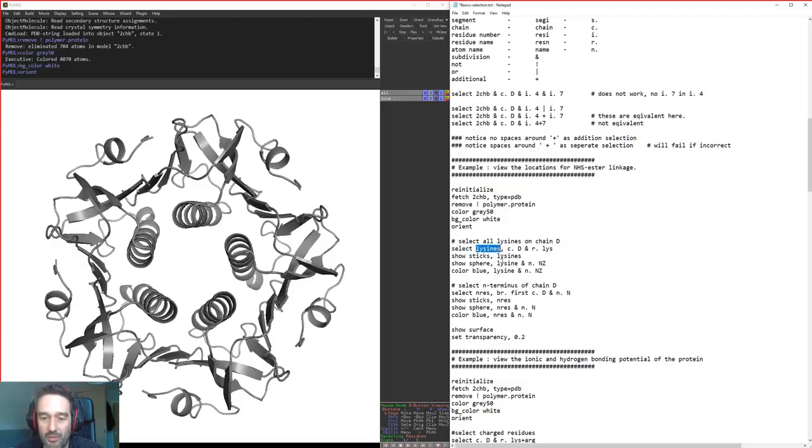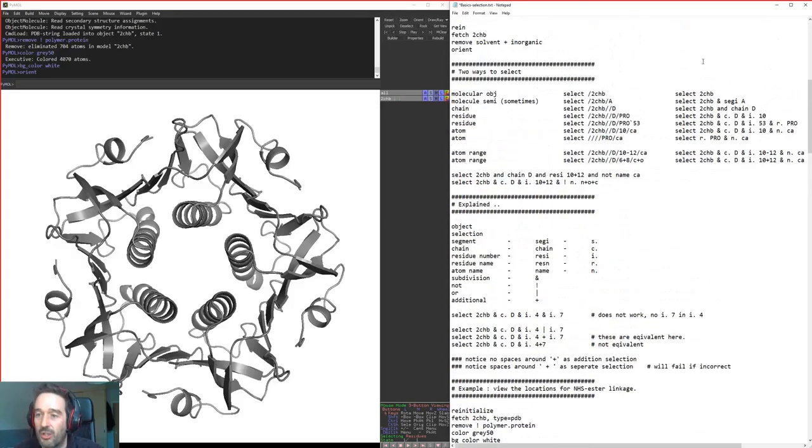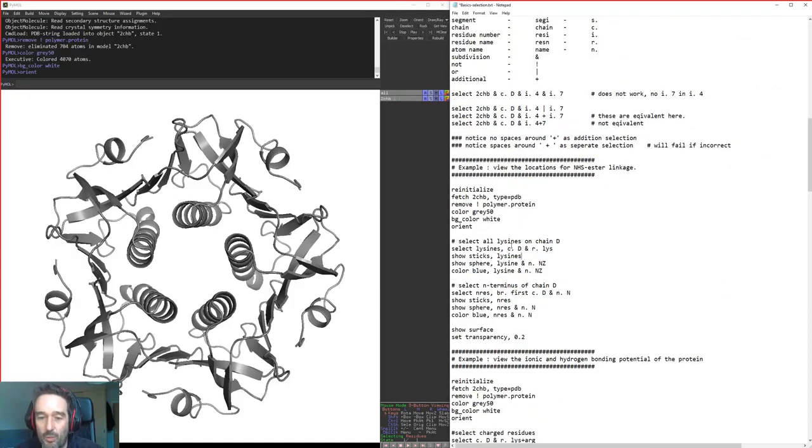This could be anything we want. We're going to create a selection called lysines, followed by the comma, and then the selection nomenclature we were talking about up here, which is going to be chain D and residues that are called lysine. So we can make this selection,